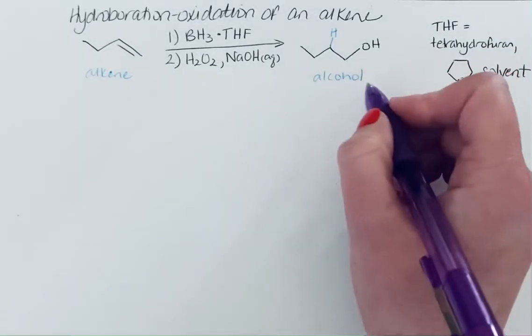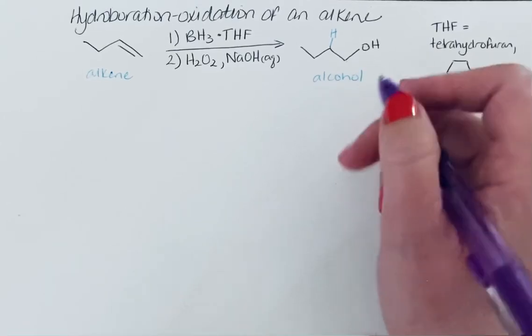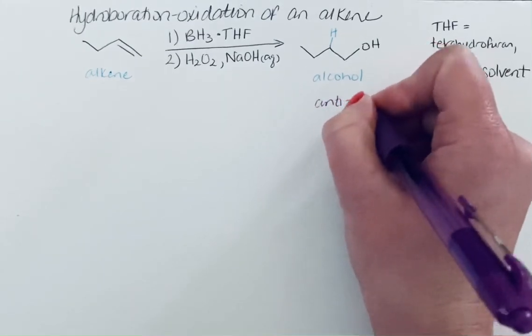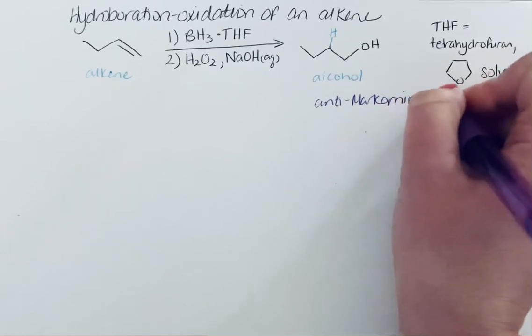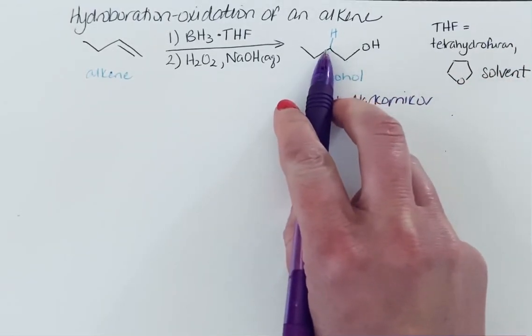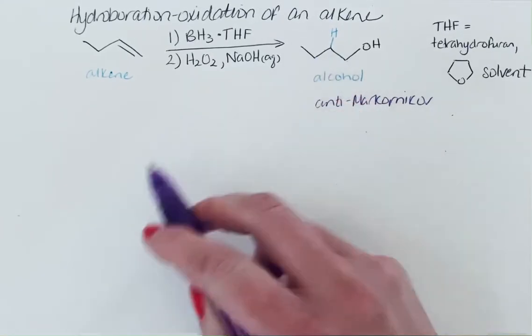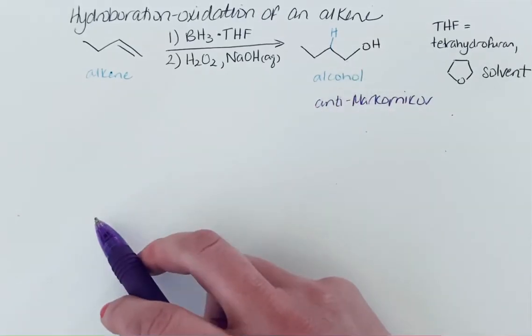The way that we describe this regiochemistry then is anti-Markovnikov. It is not following Markovnikov's rule. So recall, Markovnikov's rule would say that the hydrogen would have attached to the least substituted carbon, and then the alcohol would be on the more substituted carbon. So these are the conditions that we would want to choose if it was the least substituted alcohol that we